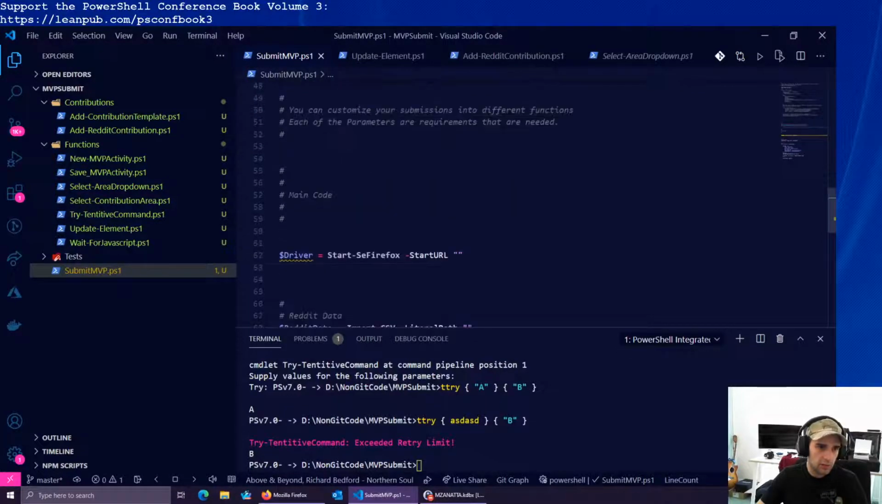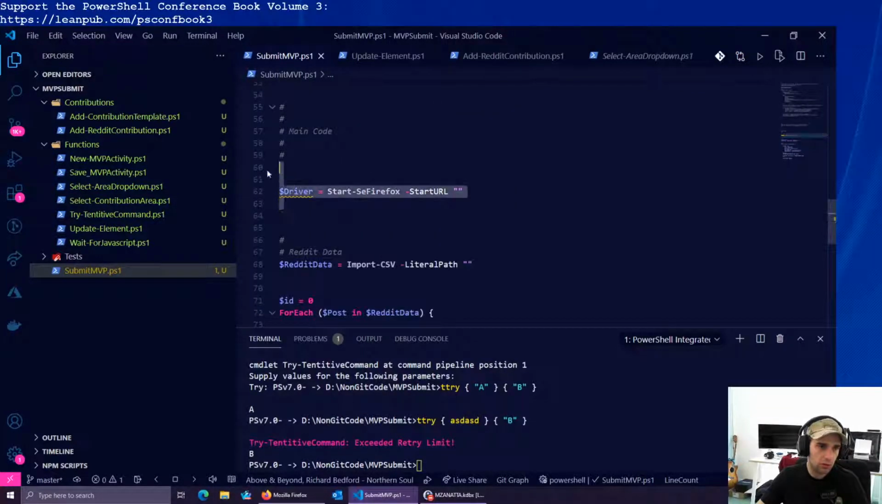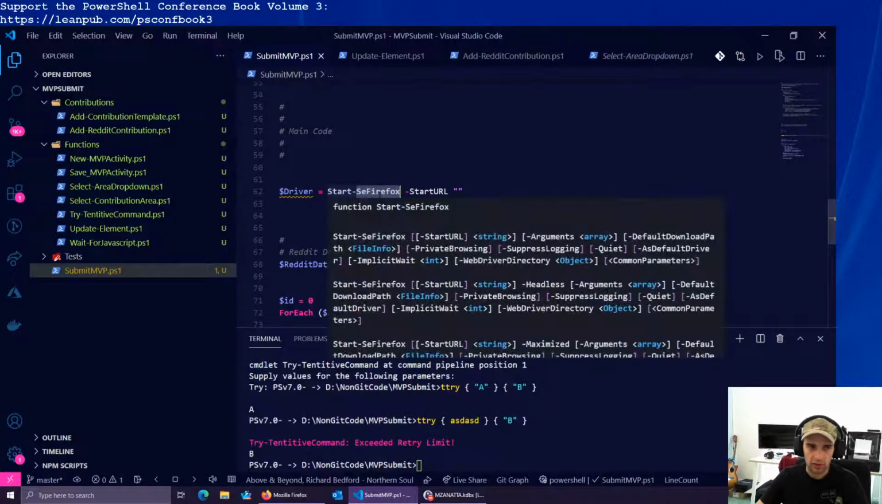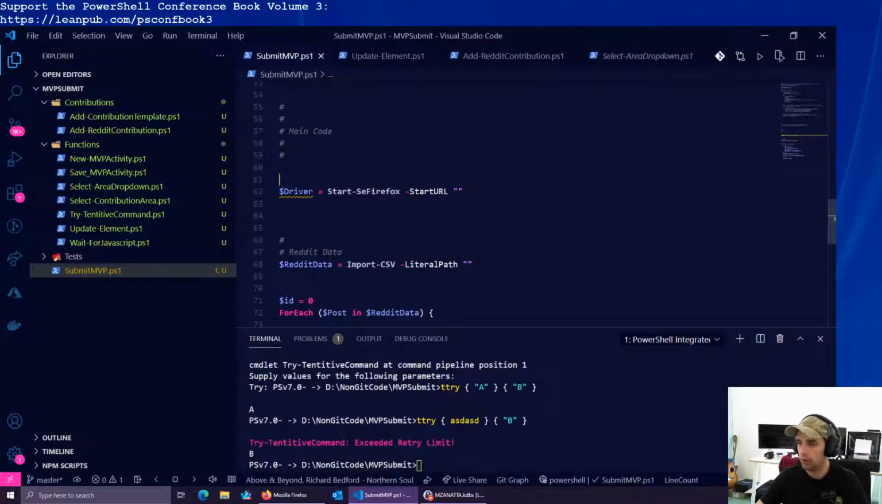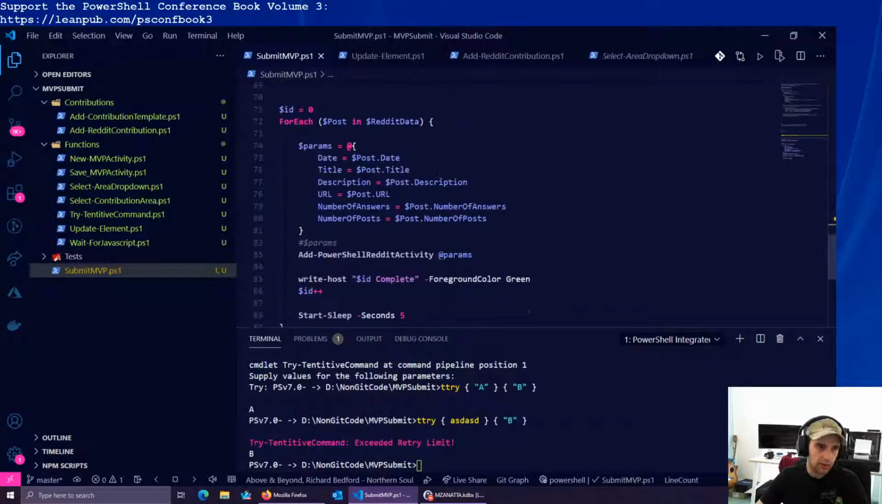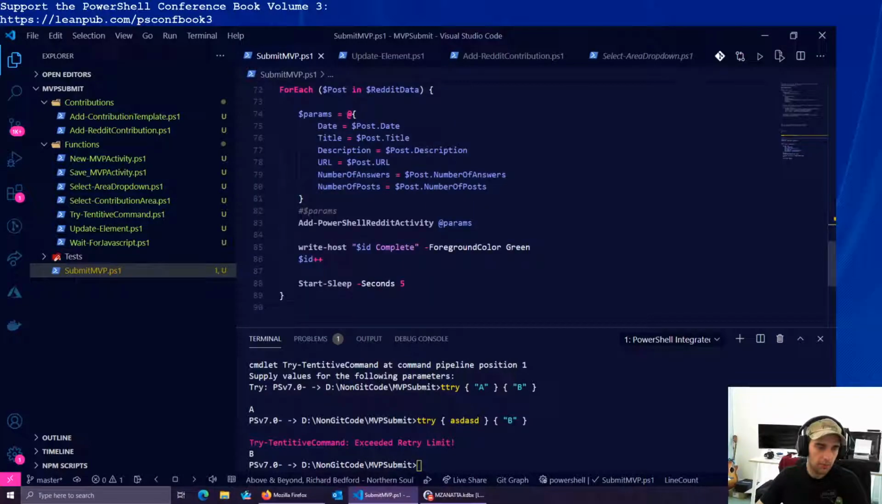So we can customize each of our submissions. So obviously we need to connect to the driver. Now I'm just wondering, I think we just leave it as it is. If we're going to use Selenium, just basically start SE Firefox, start URL, bang. I don't think you need to overcomplicate anything there. And then basically we can start sleep 5 seconds. So that is interesting because we could potentially even add a